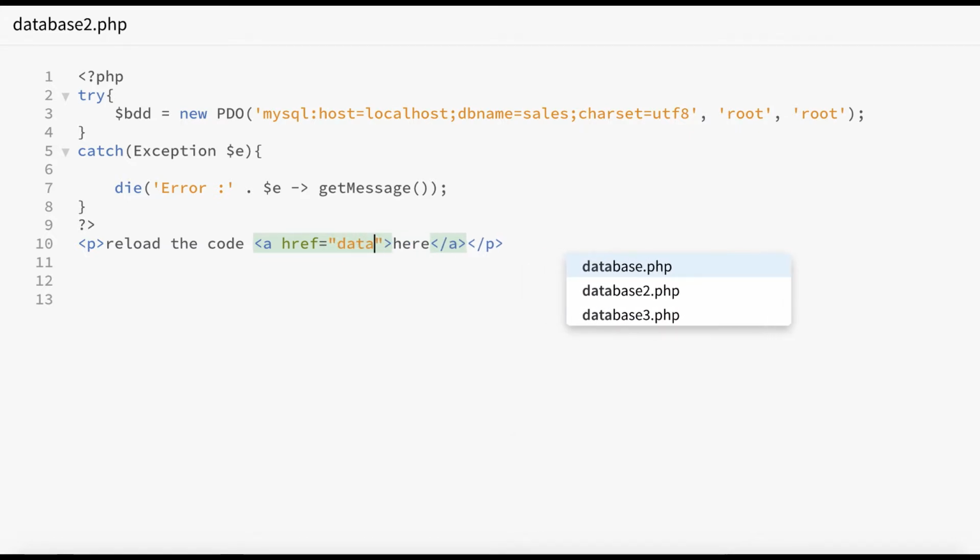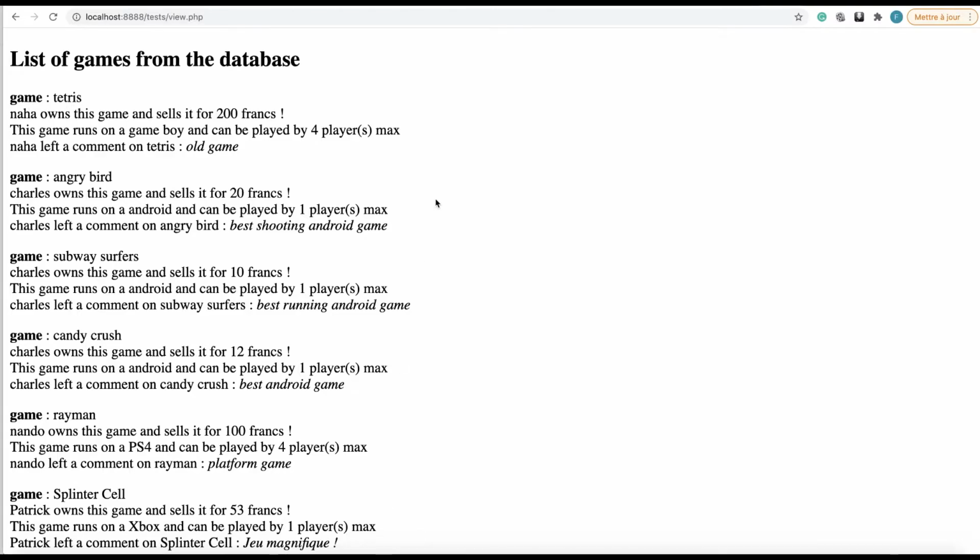Here is database2.php. So if we go to the navigator, database2.php, I have reloaded the code.